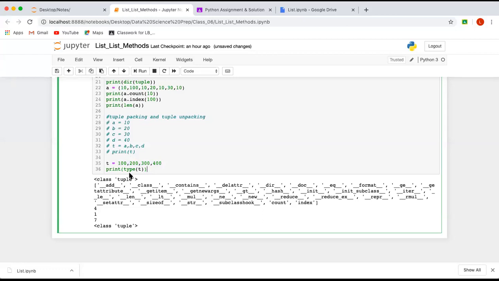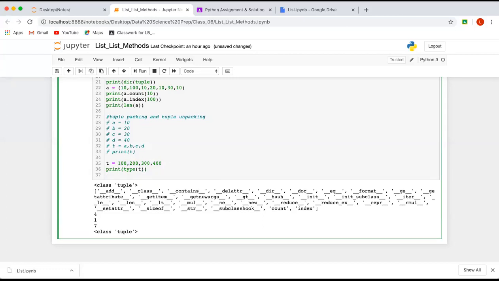Now if you want to unpack these values, then what do you do? You can simply write tuple unpacking. What is it? You have multiple values in a single variable, and you want to pick them out with different variables. You want to assign those different values to different variables. So you will write A, comma, B, comma, C, comma, D is equal to T, right? So just the opposite of tuple packing.